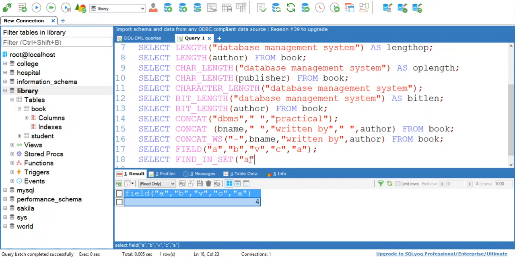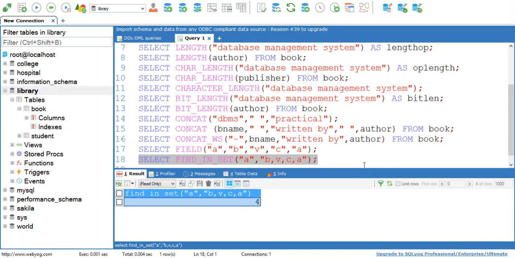Suppose my first argument is A, same as with field, and my second set of arguments is B, V, C, A. Here you will get the same output, that is 4.